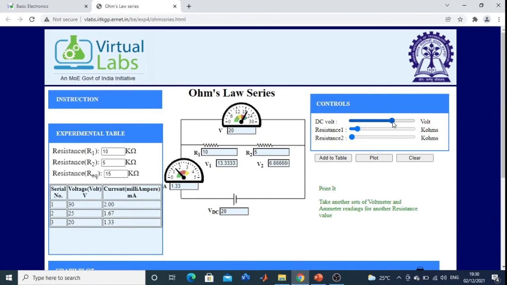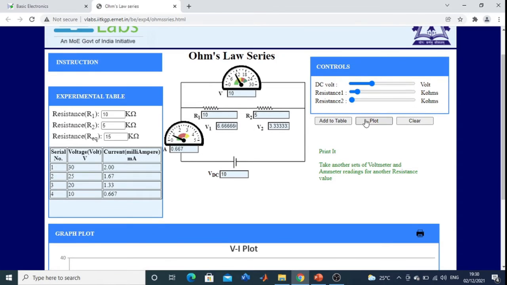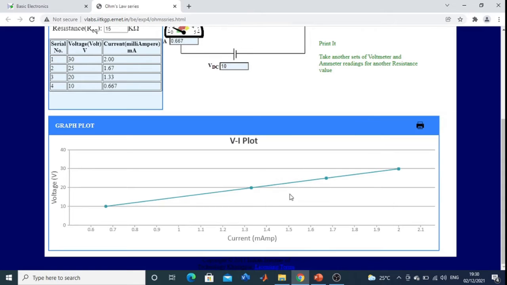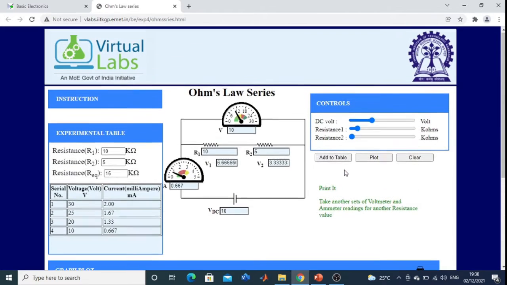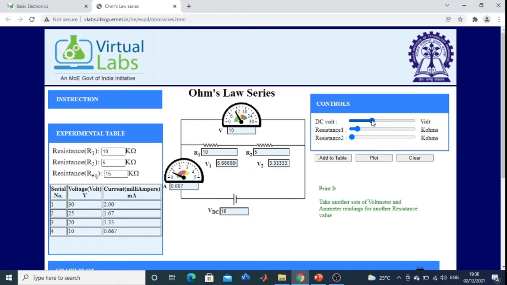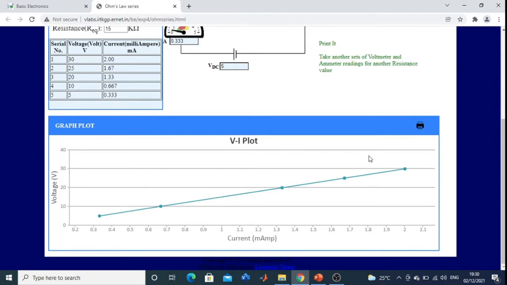Then I took 10. Suppose 10. Okay. Add to table, then plot. Clear students? 4 points I got. Then I change it to 5. Add to table, then plot.